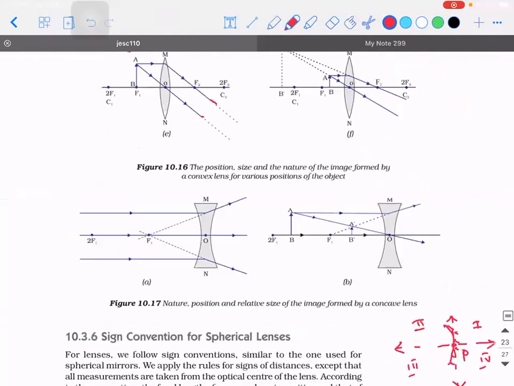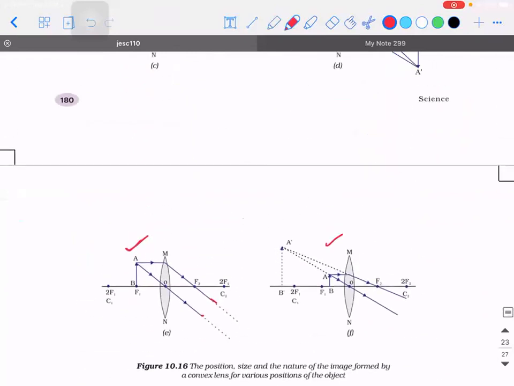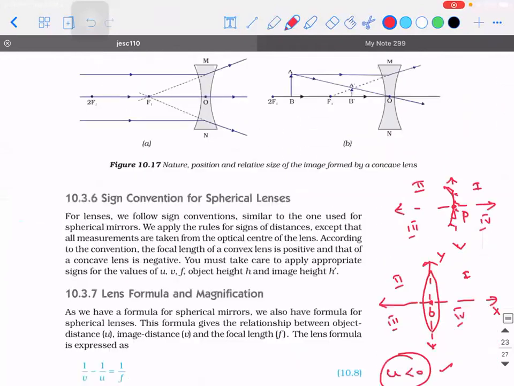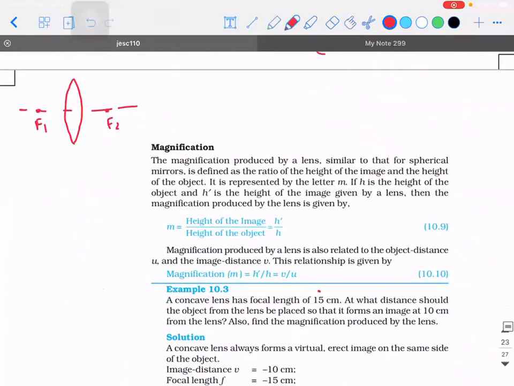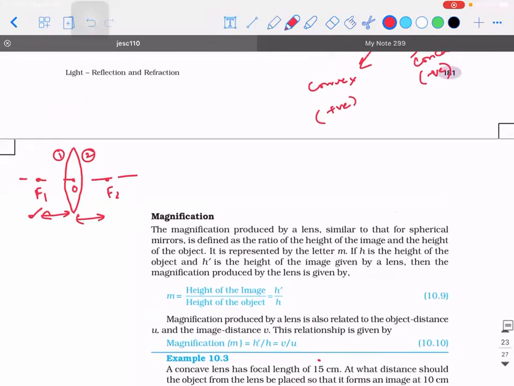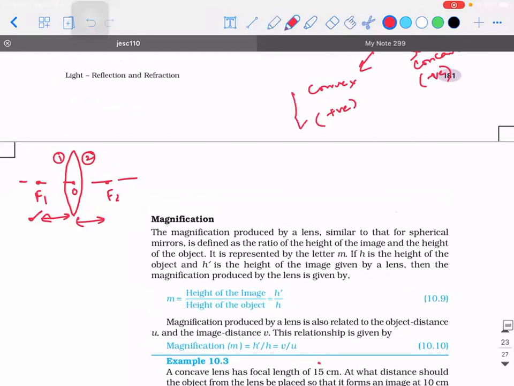Guys, are you able to understand what I'm asking? Right. So I have the first refracting surface and the second refracting surface. Now tell me whether it is OF1 or OF2 which is going to decide the sign convention of the focal length in case of a convex lens? So you guys connect the dots. You told me that for a convex lens, the focal length is positive. That's right. So if it should be positive, then what should be the answer to my question?